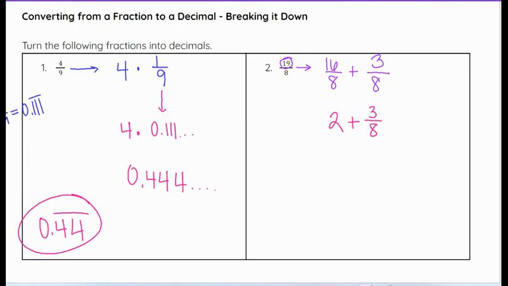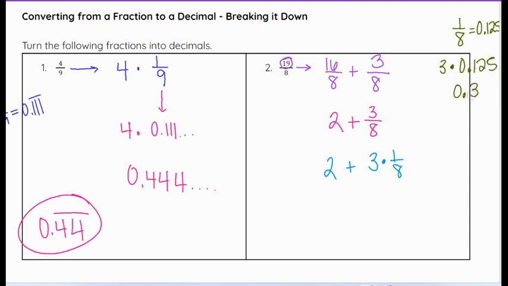Now, 3/8 you may have memorized as opposed to the 19 over 8 that you did not have memorized. Again, you may not. So if you don't have the 3/8, we could even break that down further. And 3/8, we could think of that as 3 times 1/8. And then we still have 2 plus all that. So if I know that 1/8 is equivalent to 0.125, then when I do 3 times 0.125, I end up